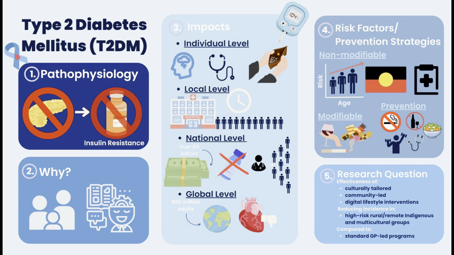On the individual level, type 2 diabetes has impacts like reduced quality of life through physical limitations, mental health issues like depression and anxiety, and complications such as heart disease, stroke, kidney failure, and amputations. Nearly 50% of individuals face yearly mental health challenges worsened by self-management demands like monitoring, diet, exercise, and medications, according to Diabetes Australia 2024. Personal costs average $4,000 to $10,000 annually, doubling with complications and stigma from lifestyle misconceptions.